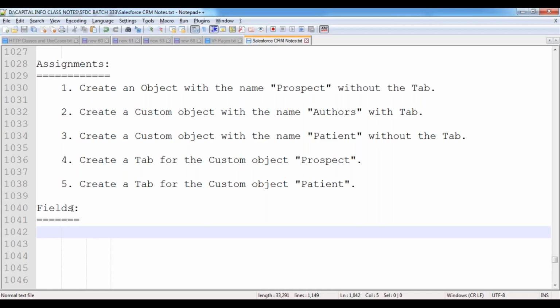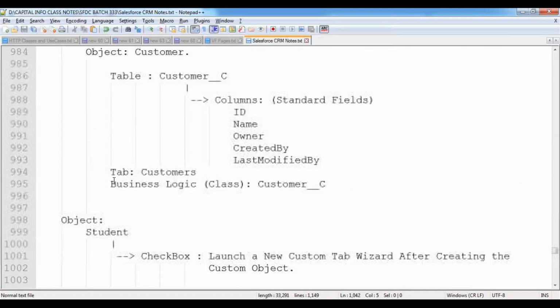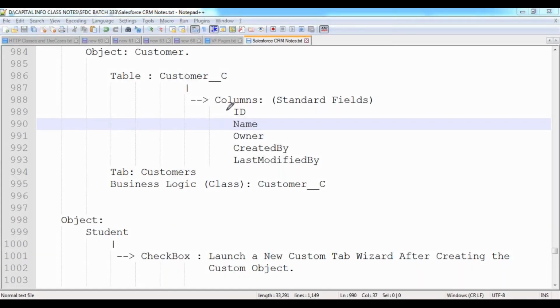I already told you, whenever I create an object in Salesforce, Salesforce provides a table for me, and in that table it provides 5 standard fields by default. In this table, it provides 5 columns by default. What are those columns? ID column, name column, owner column, created by, last modified by.